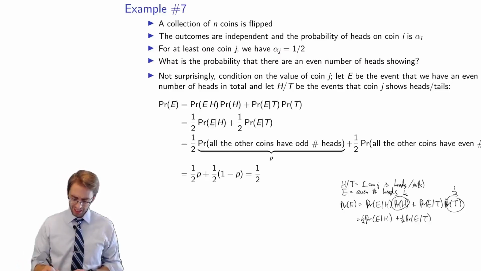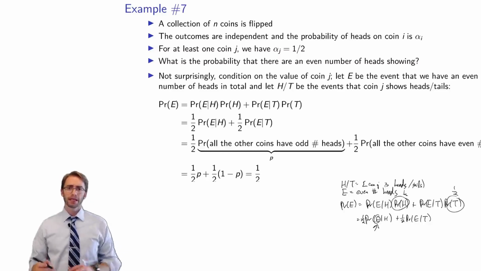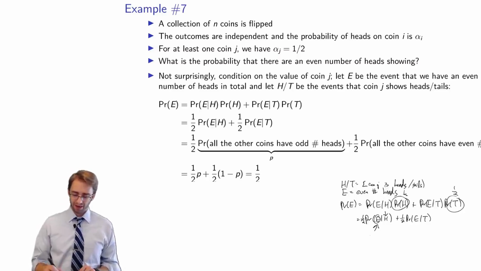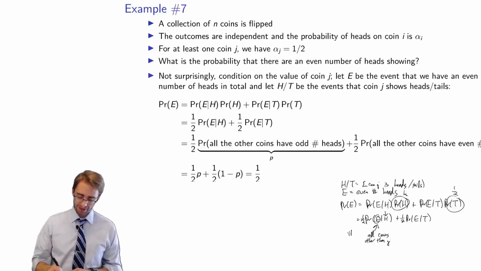E given H. E given H means the following. I say, what's the probability of an even number of heads given that coin J is heads? So what does that mean? It means that the number of heads on all of the other coins, all coins other than J, is odd,